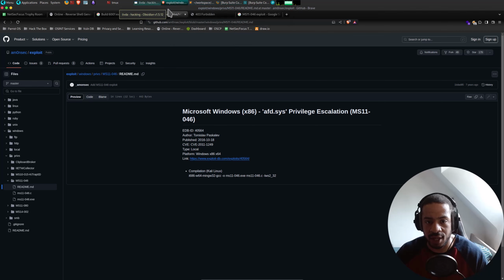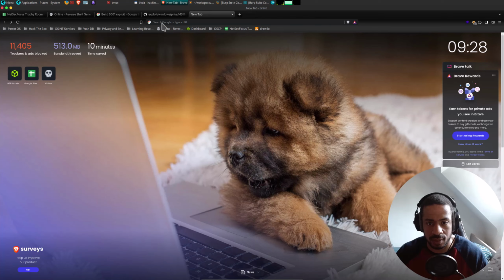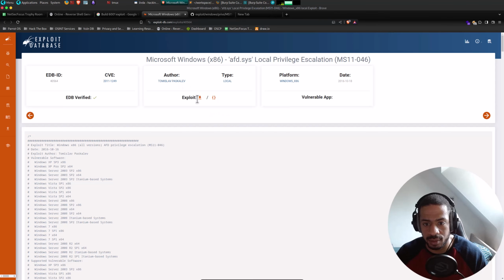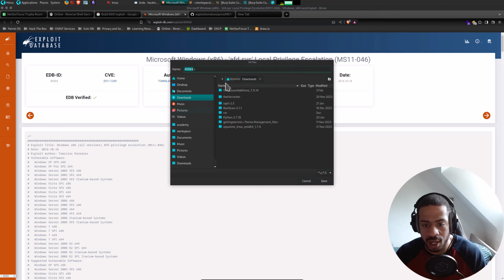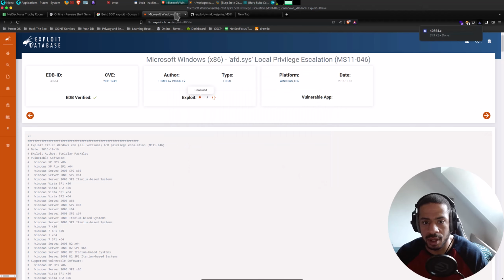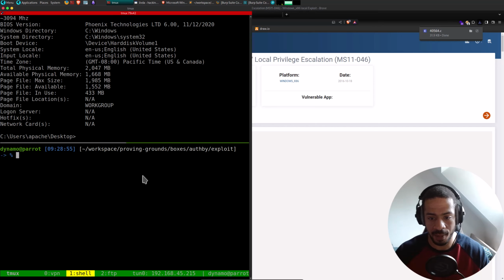Okay, so let's download that exploit. Downloads, and we can go into workspace, proving grounds, boxes, authb, privesc, like that, and then we can open a second pane.